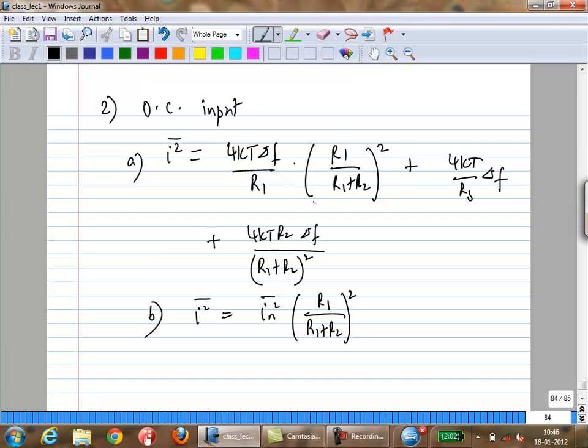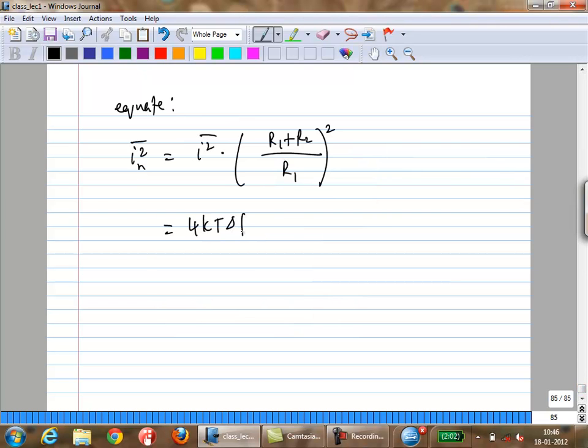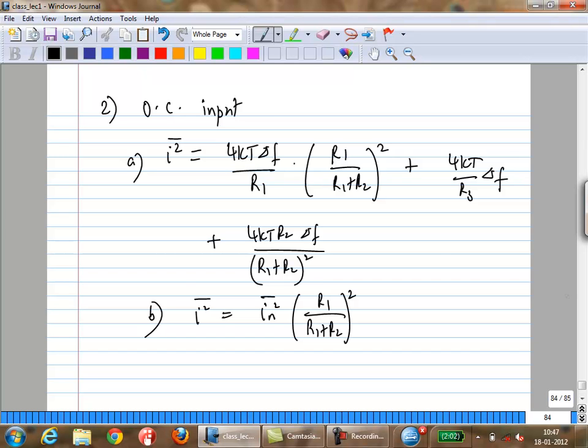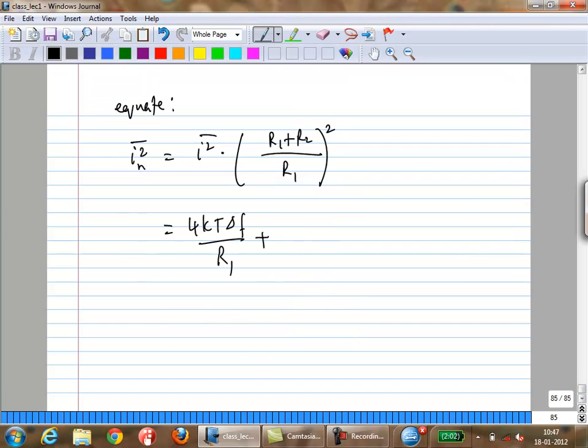This one just gives you the first term, plus, what is the second term? 4kT times R1 plus R2 the whole squared over R1 squared R3 delta F, plus the last one. It's just